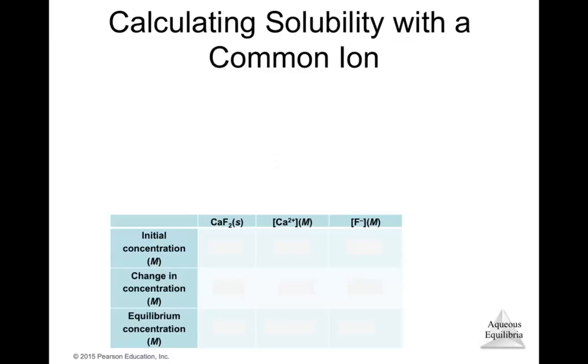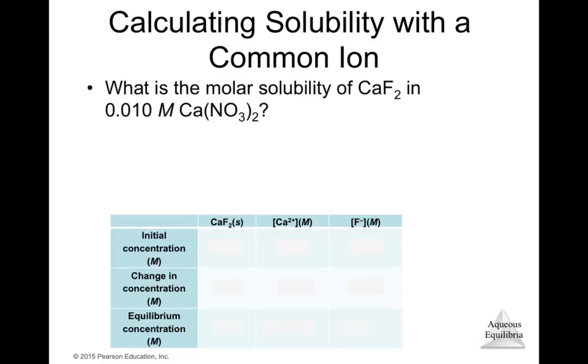Now let's calculate the solubility with a common ion. Okay, so what will happen to the solubility if we add some of the ions that are part of that solid? So what is the molar solubility of calcium fluoride in 0.1 molar of calcium nitrate? This is the solid that we have that is in equilibrium, and from this salt, we're adding the calcium. The calcium is one of the ions that is produced by this solid in equilibrium. Okay, as we can see here,